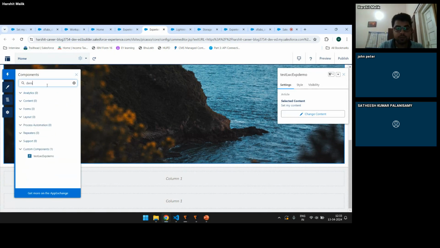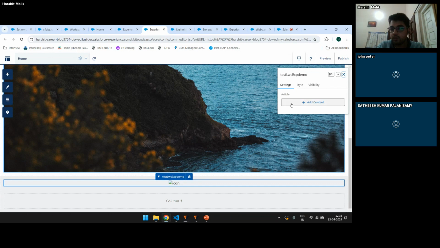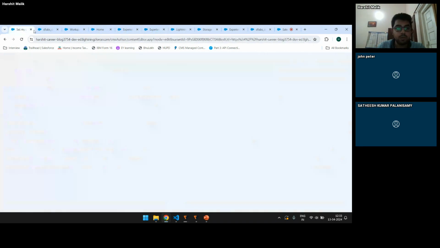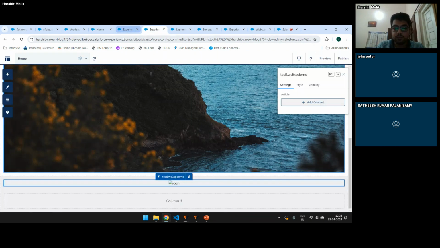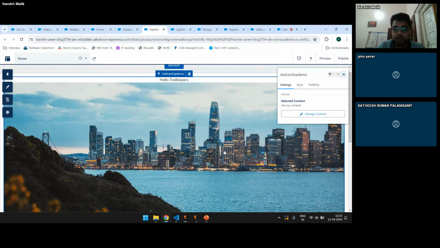So I'll search demo. The moment you drag it, you'll get this option: article, add content, and then you can see your content here. Let me publish that. Okay, so the moment you drag it, you'll get this article, set my content, and the moment you do it,